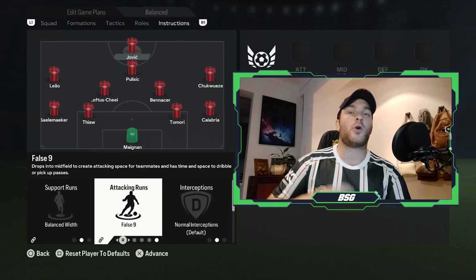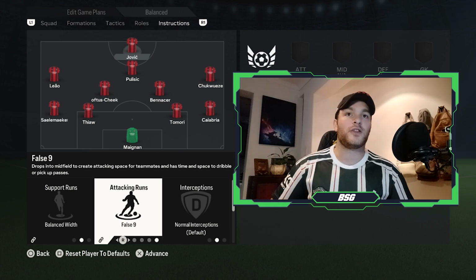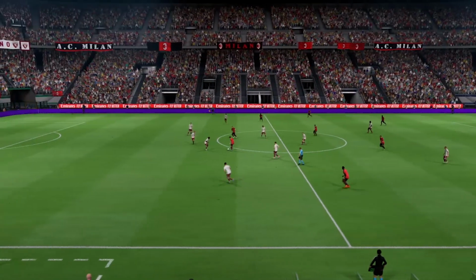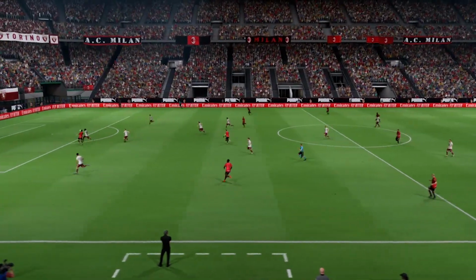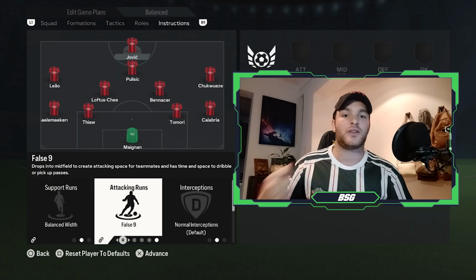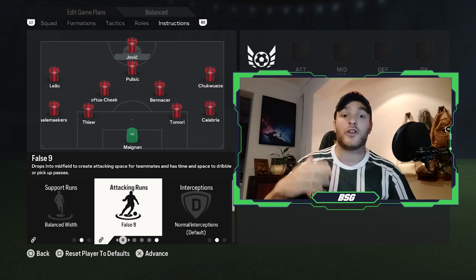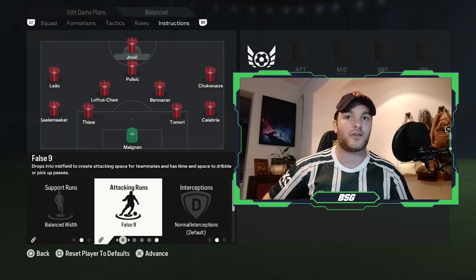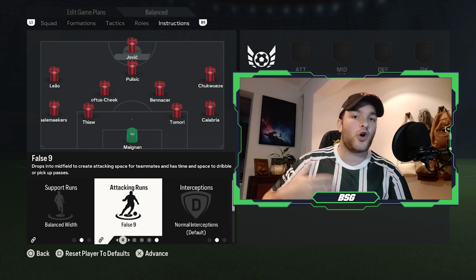Now, essentially, we saw multiple times in the first game versus Torino, Jovic would tend to drop into the midfield zones, combining very effectively with the likes of Christian Pulisic, almost functioning as a number 10, but he will be deployed as a false 9, as he does tend to drop off the opposition's backline, either pulling the defenders into the midfield zones, opening up central space for the likes of Pulisic, Leao, Chukwueze to go ahead and try and exploit with their advanced runs further forward, or he can just look to drop into the midfield zones and look to create overloads in those central